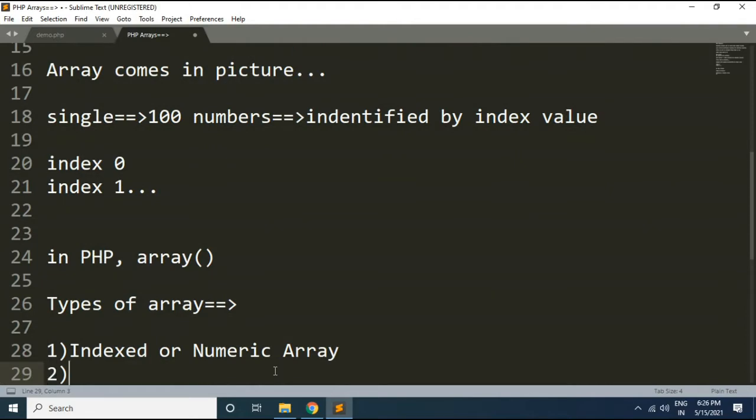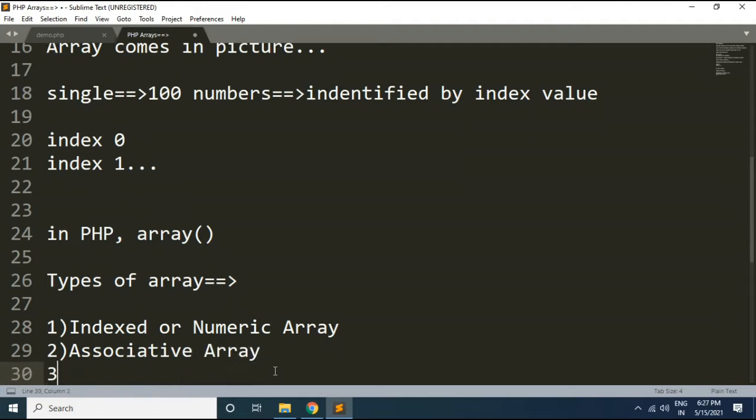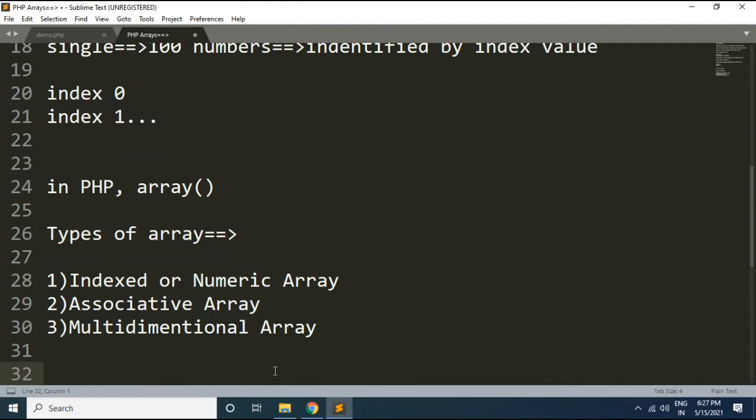The second type is the associative array. And the third type is the multi-dimensional array. We will see each of them one by one.